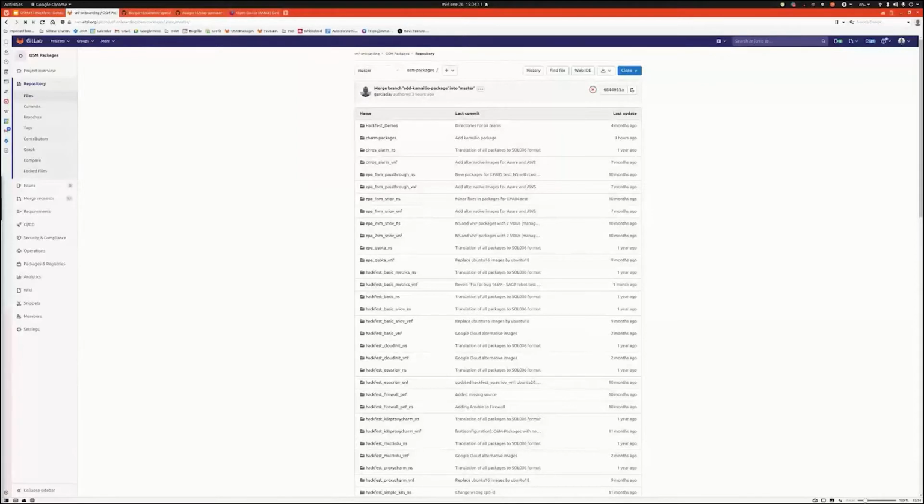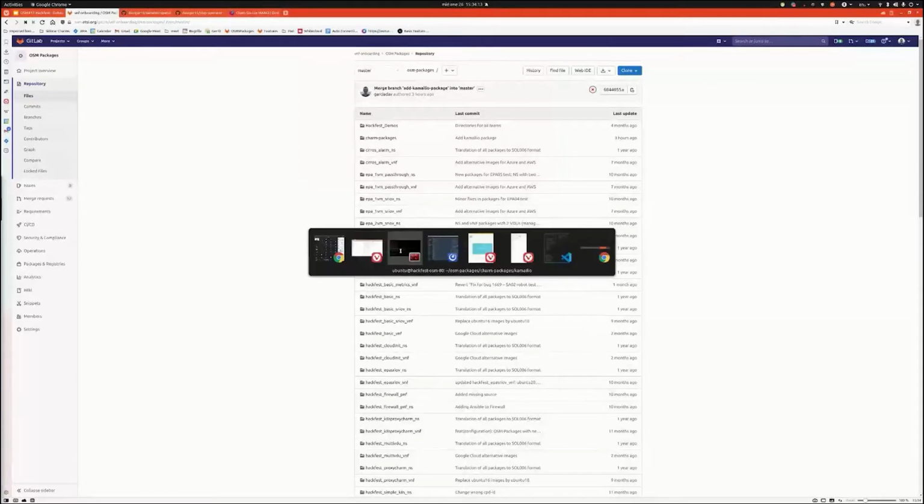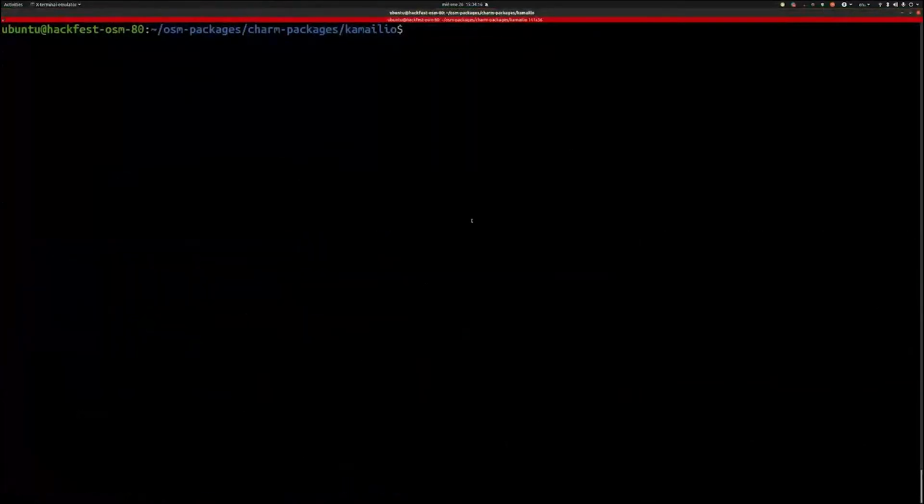Okay, how to get to the operational dashboard? Excellent question. Before explaining it, let me explain another thing. We deployed Kamailio and SIP, and for that we used some operators that are called charms. And Juju is an operator lifecycle manager that is in charge of deploying charms. Okay, having said this,